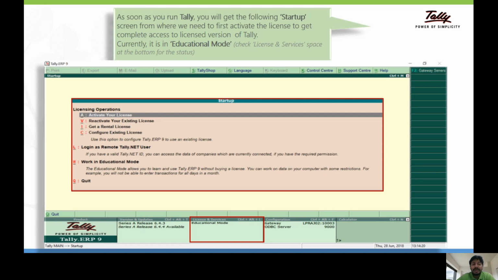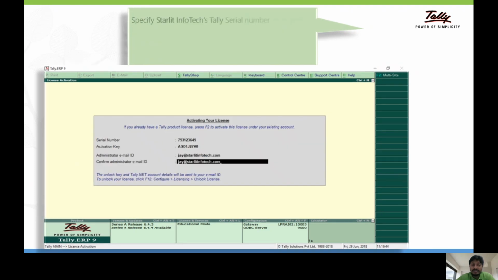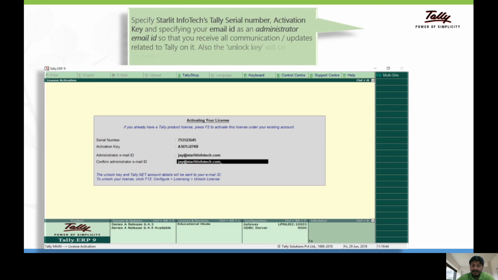Now I'll teach you how you can activate your license. You can click on activate license. Once you click on activate license, you will get a pop-up screen where you can define your serial number, activation key, and which mail ID you want to register with this license. You can mention that particular mail ID.